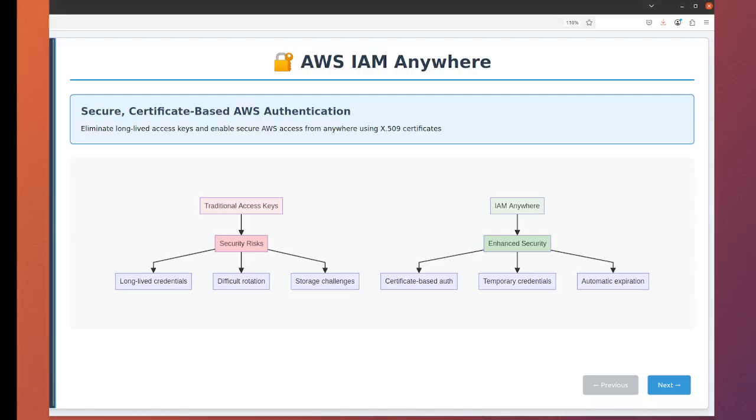Introduction to AWS IAM Anywhere. Welcome to our comprehensive deep dive into AWS IAM Anywhere. This is one of the most powerful and misunderstood services in AWS, so we're going to break it down step